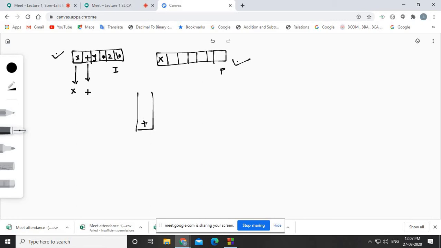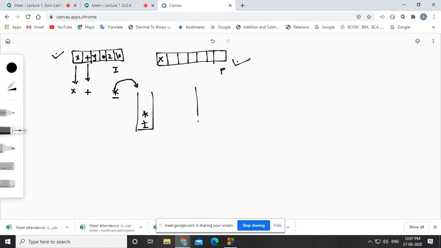Now suppose you have one operator in the stack, and suppose another operator comes, like star, so at that time you have to compare the priority of this operator, multiplication, with this operator, right? Here the operator which wants to be in the stack should have a higher priority, right? Multiplication is having a higher priority than plus, so that will be simply pushed into the stack, right?